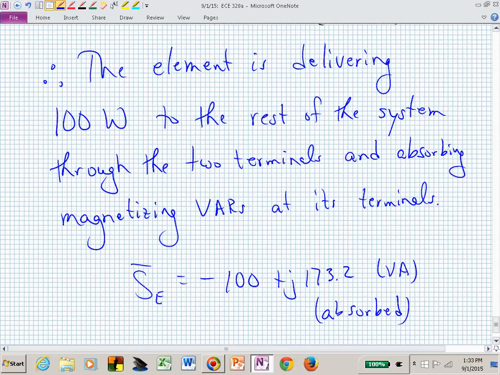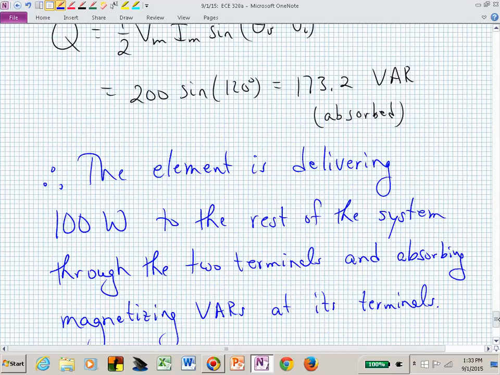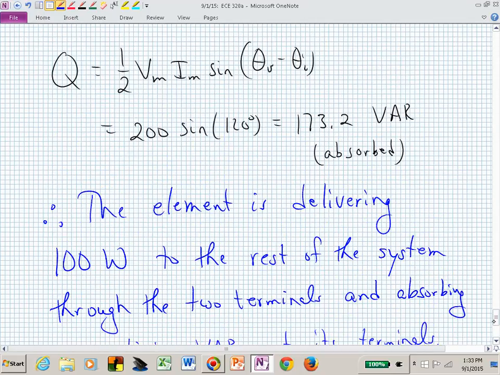And that should get you where you need to go on one of your homework problems. You may have to do it several times, but now you know the strategy. Question? So magnetizing VARs, that's consistent with a positive Q. So now you are